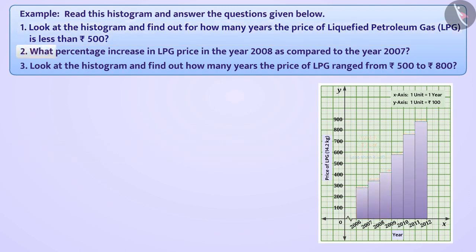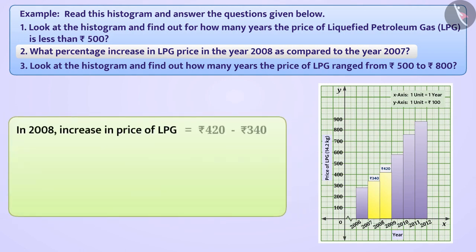Can you tell what is the percentage increase in LPG price in the year 2008 as compared to year 2007? Here, the price of LPG in 2008 is 420 and in 2007, the price of LPG is 340. In this way, the price of LPG increased from rupees 420 minus rupees 340, which is equal to rupees 80, from the year 2007 to 2008. This increase has been made on 340 rupees. So, we will consider 340 as the base. In this way, the price of LPG has increased by